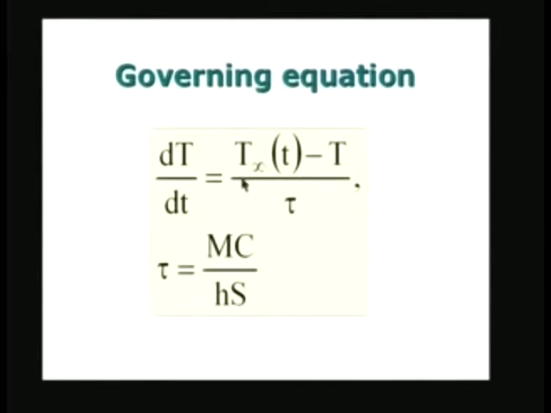So, dT by dt equals (T infinity minus T) divided by tau. This is the temperature difference, or it is like the voltage potential difference, and divided by the time constant, which is something like a characteristic time for the particular problem, and which is given by MC by Hs. And in the next